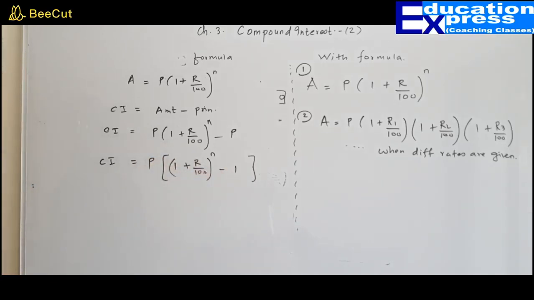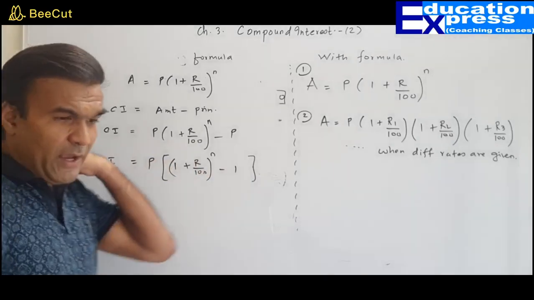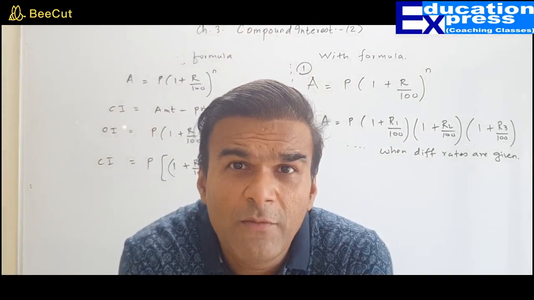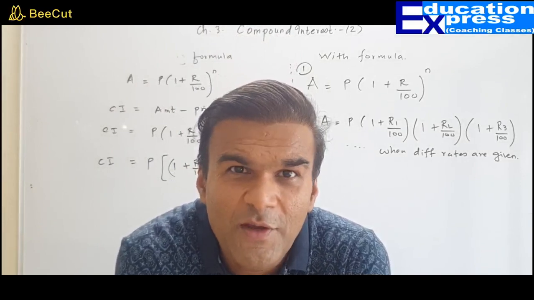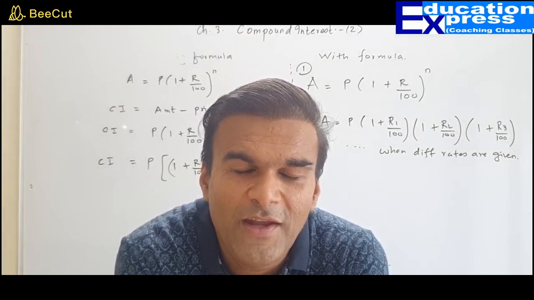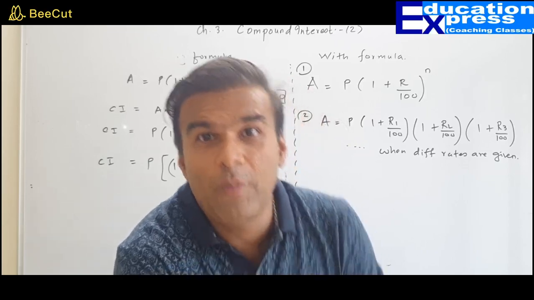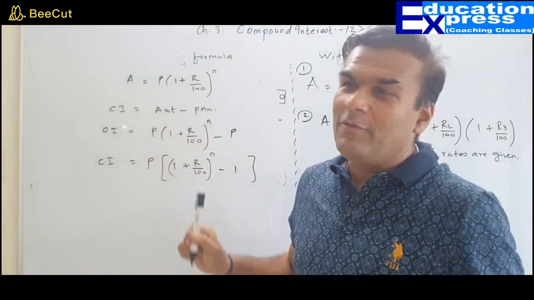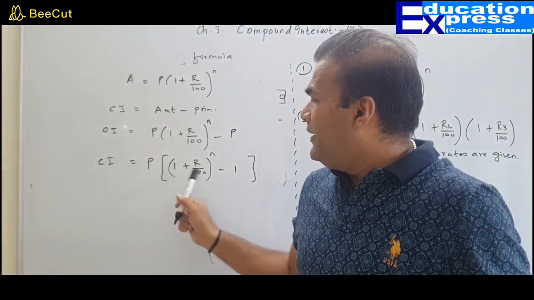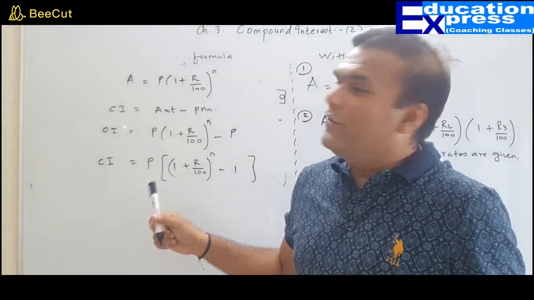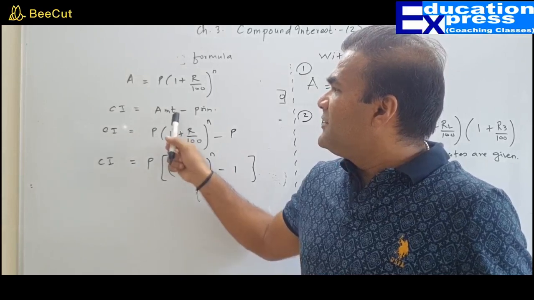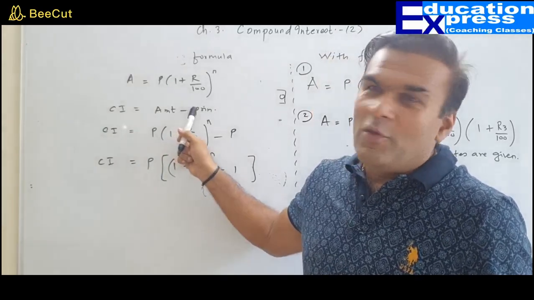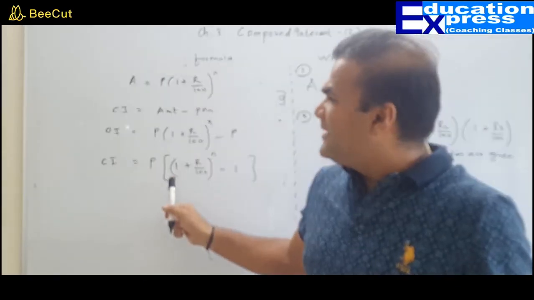Many a time students feel that, sir, my teacher gave me a different formula for compound interest, and you are doing it by a different formula. Trust me, it's not a different formula at all. It is one and the same thing. Probably I may be adopting what we have done in the previous chapter, and they might be adopting this. But there is no difference between the two, because this is derived from here only. So this is the principle and this is its application.